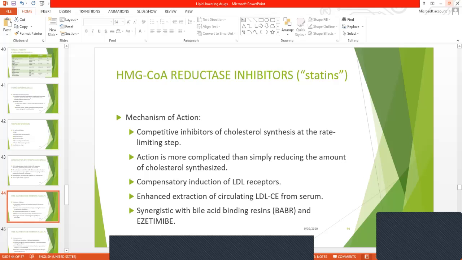This effect increases both the fractional catabolic rate of LDL and the liver's extraction of LDL precursors from the blood, thus reducing LDL. Because of marked first pass hepatic extraction, the major effect is on the liver. Preferential activity in liver of some congeners appears to be attributable to tissue-specific differences in uptake. So, clinical trials have also demonstrated significant reduction of new coronary events and atherosclerotic stroke in patients who are taking statins.